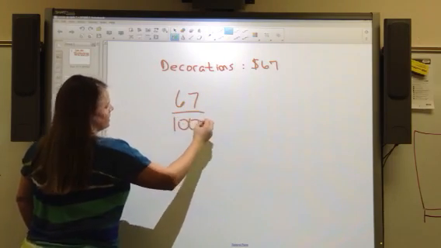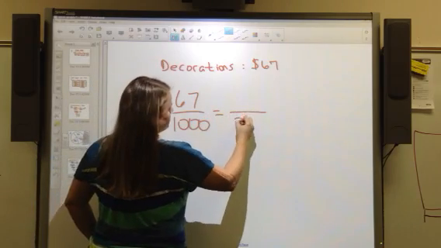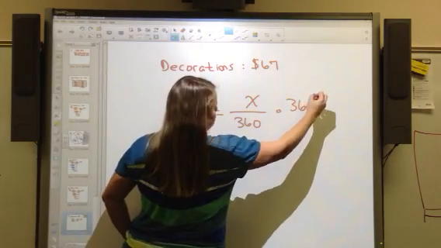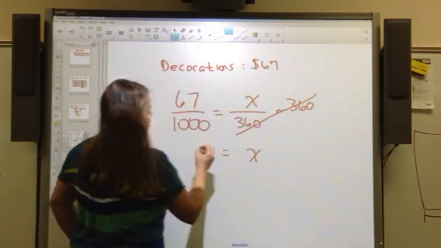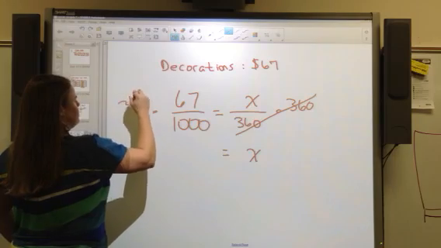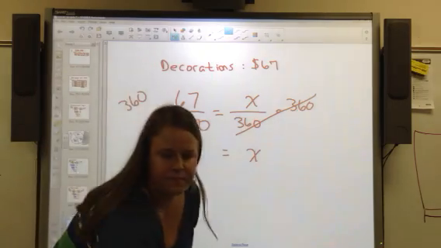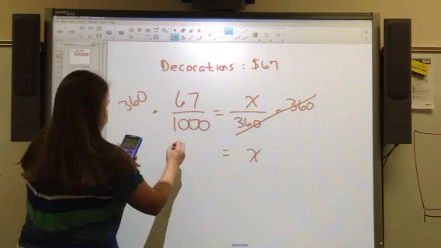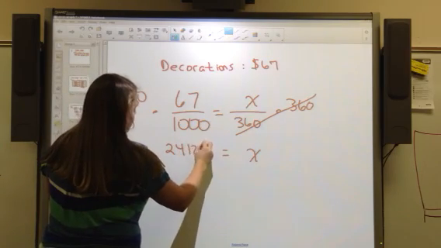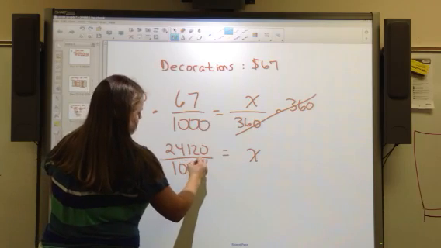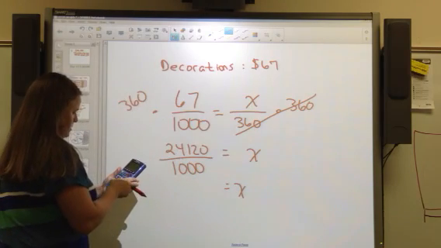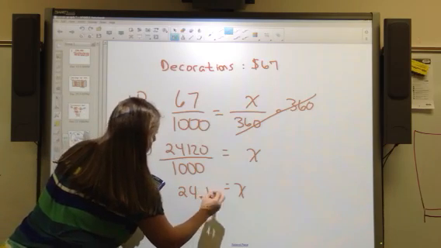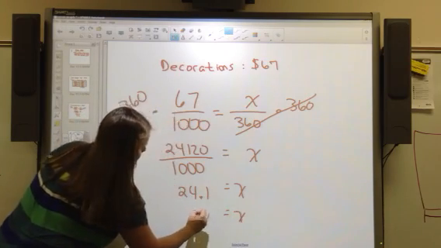$67 over 1,000, not a lot of money, right? Over 360, multiply by 360, cancels it out, leaves me with an X over here. Do the same thing to the other side. So I get 360 times 67, that's 24,120 divided by 1,000. And that equals 24.1, and that's going to round down to 24